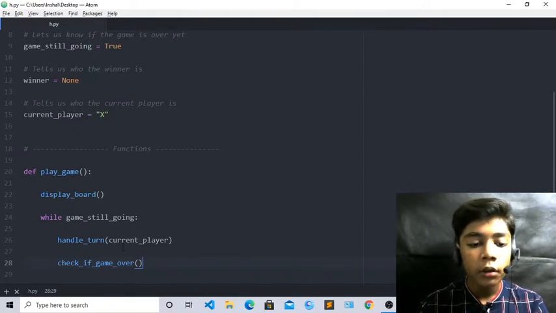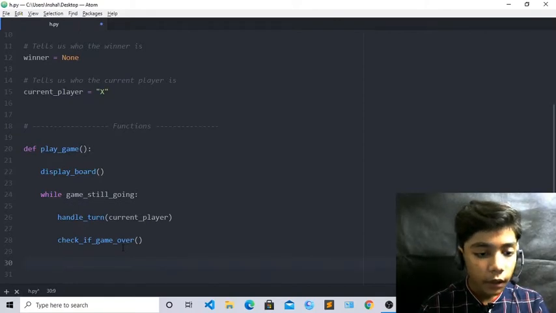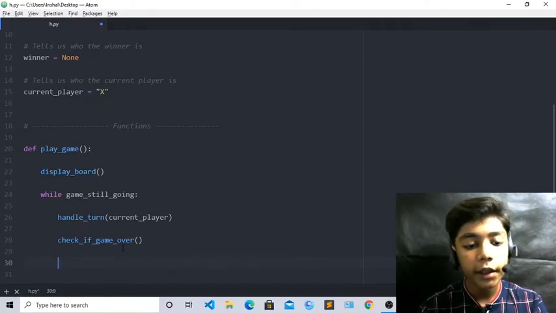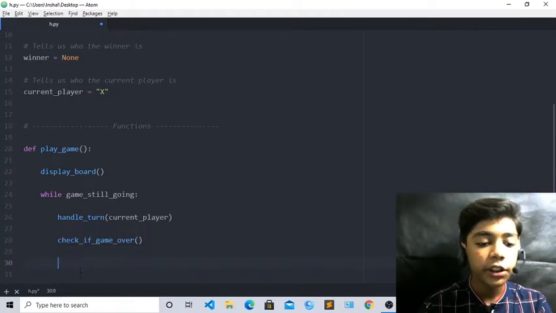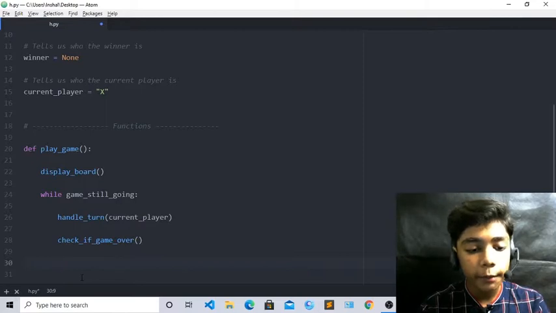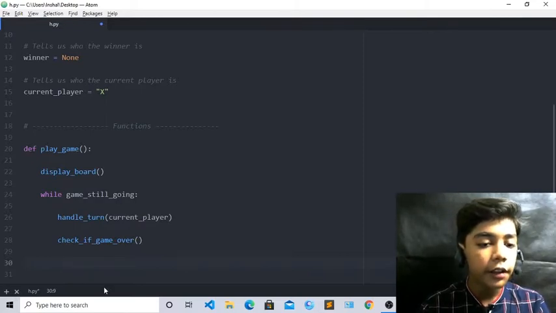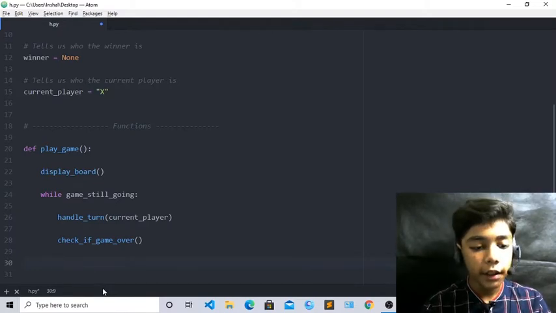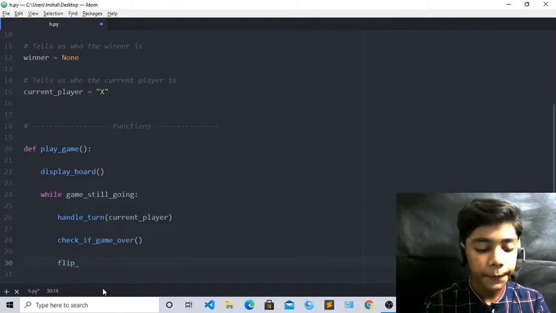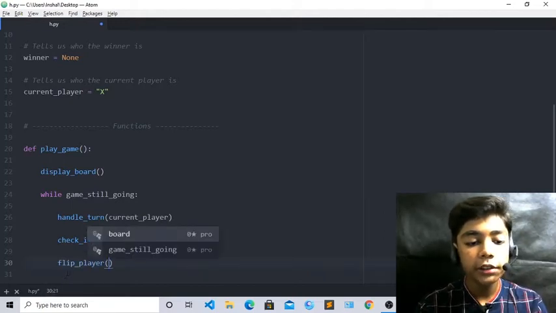Now we will define our flip player. Like I told you at first, we will also define flip player at the end, but now we will define it in the functions. So we have to define it again. Now you have to write here flip player, then two parentheses.